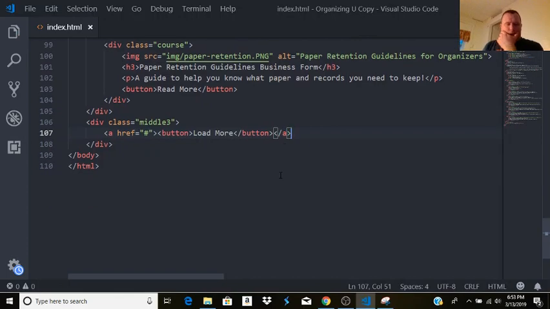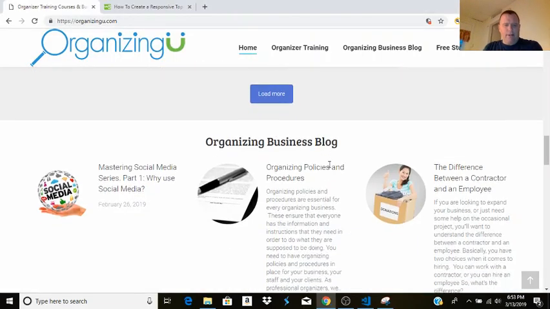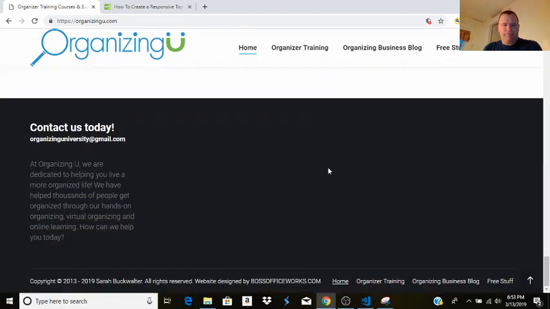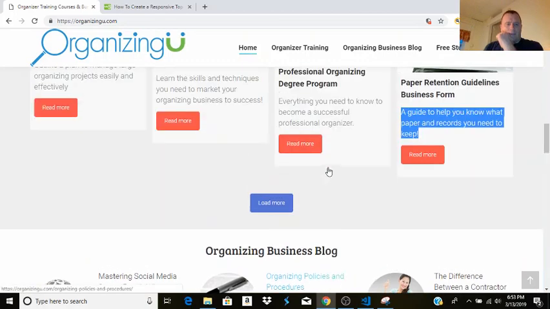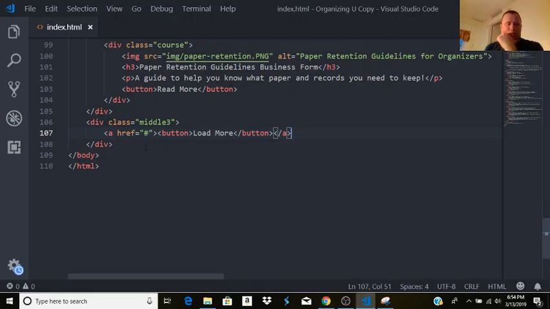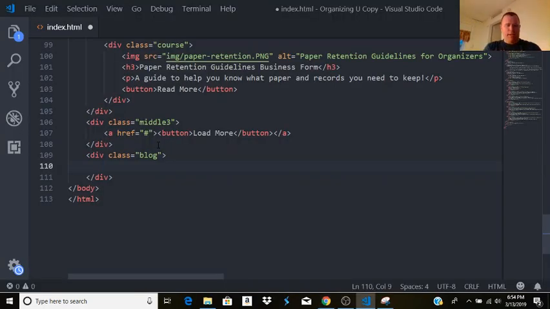Okay, so the button will be a link. Okay. All right. So I'll go down there, and then we have the organizing business blog. We have a whole bunch of junk here. All right, so the organizing, whole bunch of nice stuff. Organizing business blog is our next section. So our next section will be .blog. Okay, and then we're going to have an H2 header, organizing business blog. Okay, and then within that, then we'll have three. So we'll have dot